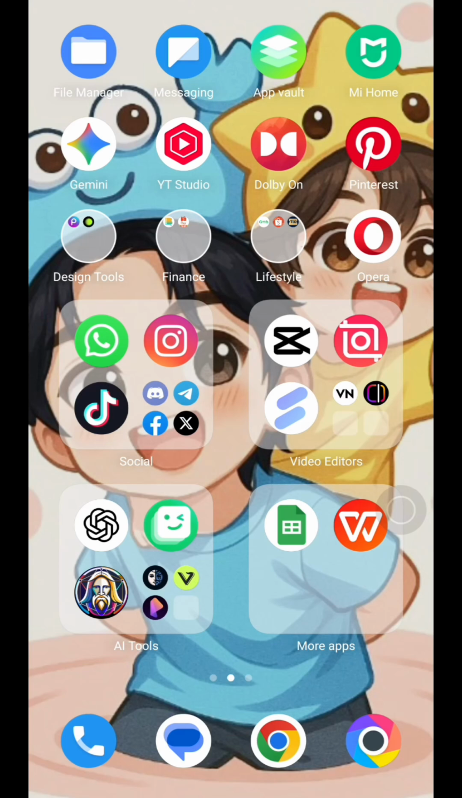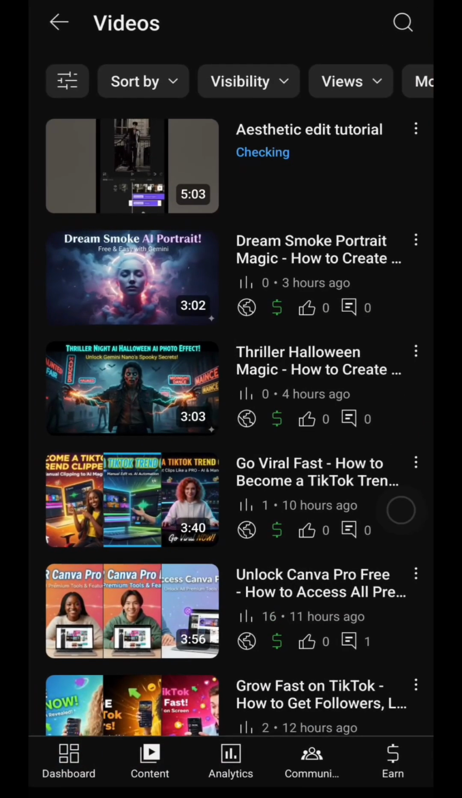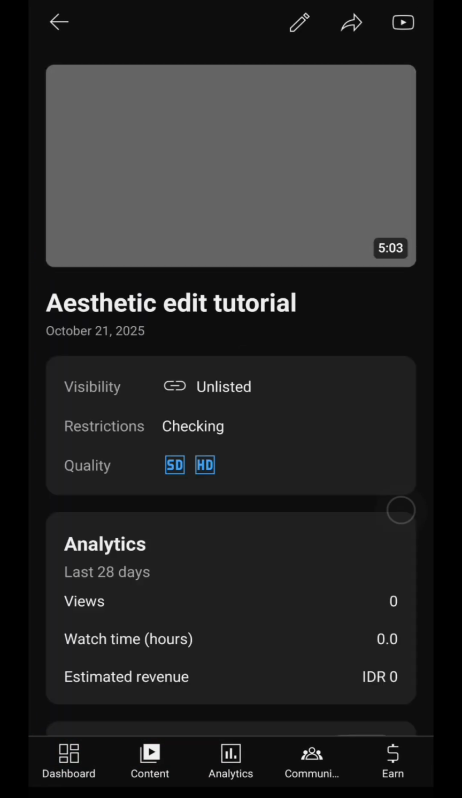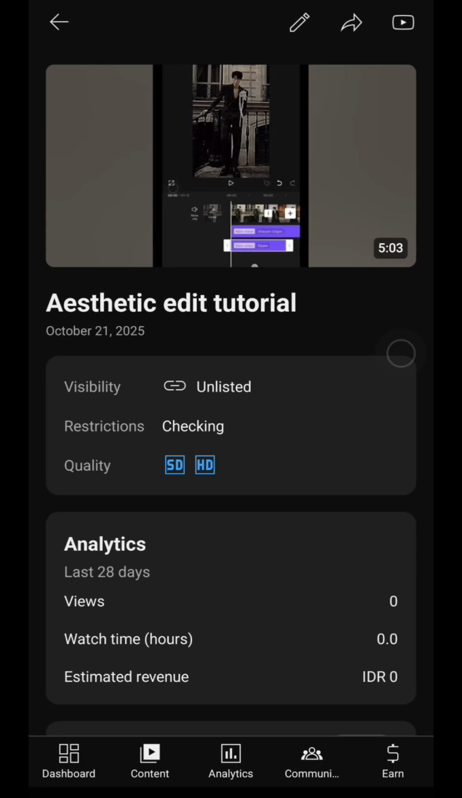Okay, let's get started. First, just open your YouTube video. You can open it in your YouTube Studio or YouTube account. And then just copy the link of the video that you want to create a thumbnail for, like this. And then open your browser